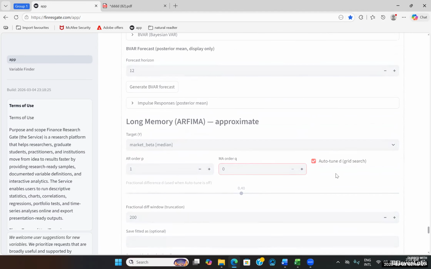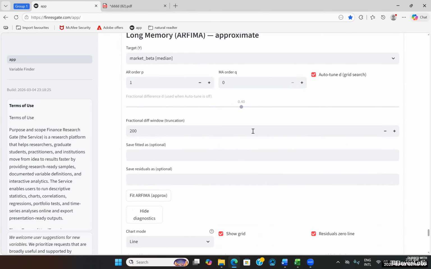We'll set this value to 0. Now let's consider the D term, which stands for partial differencing. How can we accurately determine its appropriate value? It's often most effective to simply allow the system itself to handle its generation, and determine what the proper D should be for you. So, first, we allow the system to determine the appropriate D value, and once that's established, we can proceed to